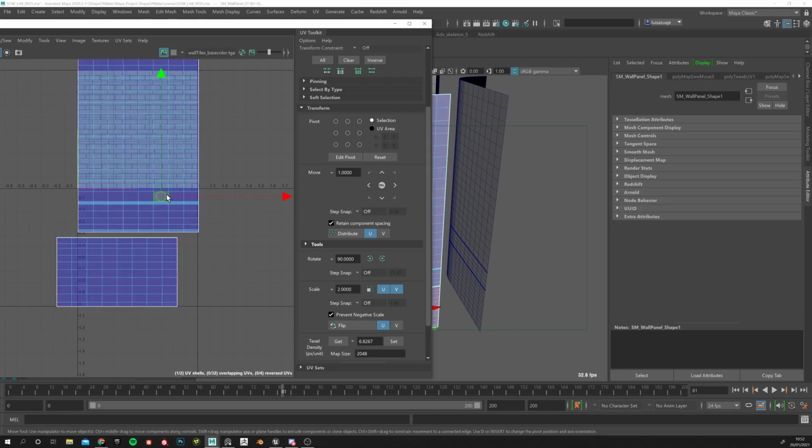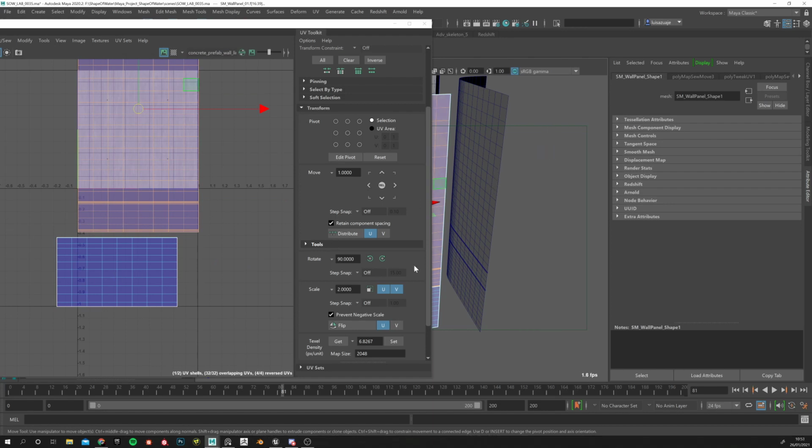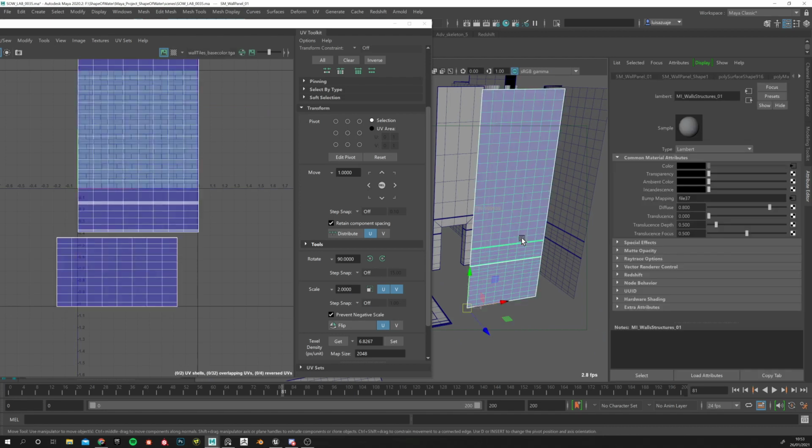And that's it. All I did was select this, right click, assign new material, and rename it. It had to be any material. It doesn't have to be anything in particular. Any material will do, lumber, whatever. Okay, so once you have that,